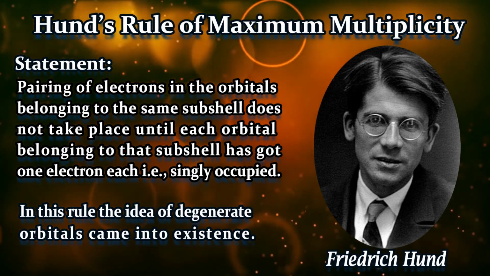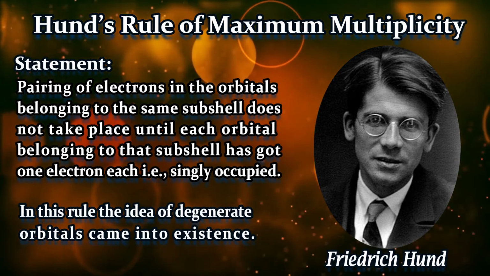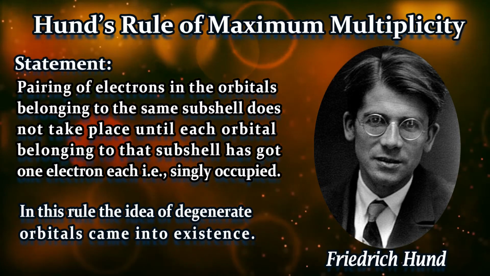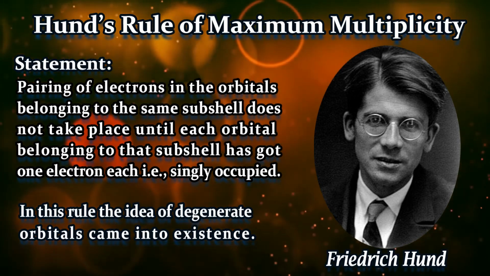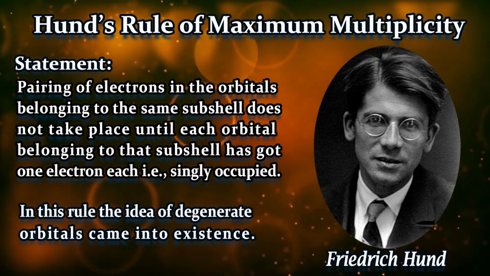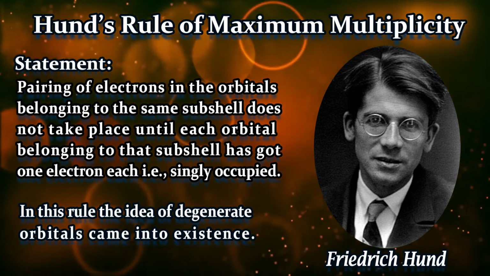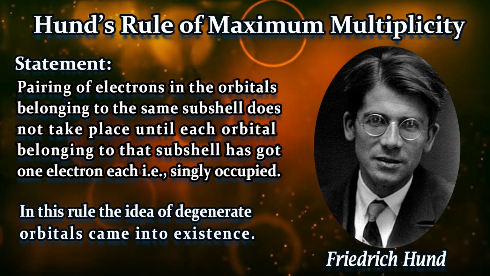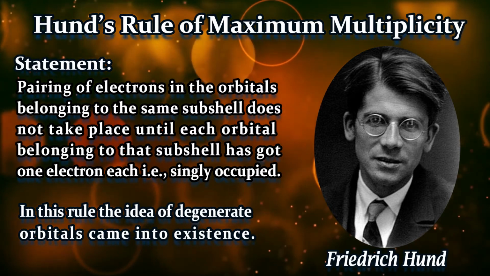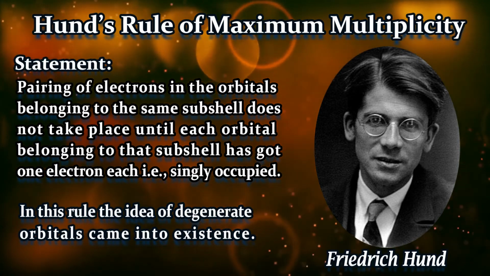So that is what Hund is saying in his rule. Let us just remove these 3 friends, including you, and replace them by the orbitals px, py and pz. Just try to imagine you 3 are nothing but px, py and pz. Now I have 4 electrons with me. First I will give 1 electron to px, 1 to py and 1 to pz. After that, the 4th electron I will give either to px or to py or to pz, right? So this is what will happen in accordance with Hund's rule of maximum multiplicity.